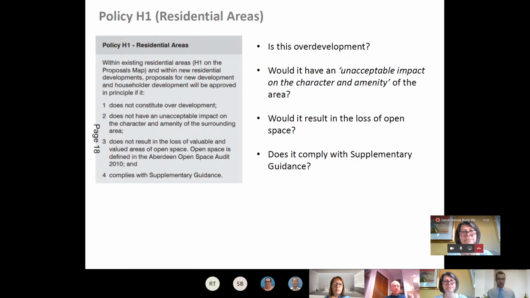So turning to relevant policy considerations, as I mentioned before, the application site's located in an area zoned as an H1 residential area in the local development plan. And policy H1 applies, setting out a series of criteria to be satisfied by all new developments. Firstly, development should not constitute overdevelopment of a given plot, shouldn't result in an unacceptable impact on the character and amenity of the surrounding area, and should comply with relevant supplementary guidance. In this case, the relevant supplementary guidance relating to driveways is contained in the Council's Transport and Accessibility Supplementary Guidance document. So if I turn to that first,